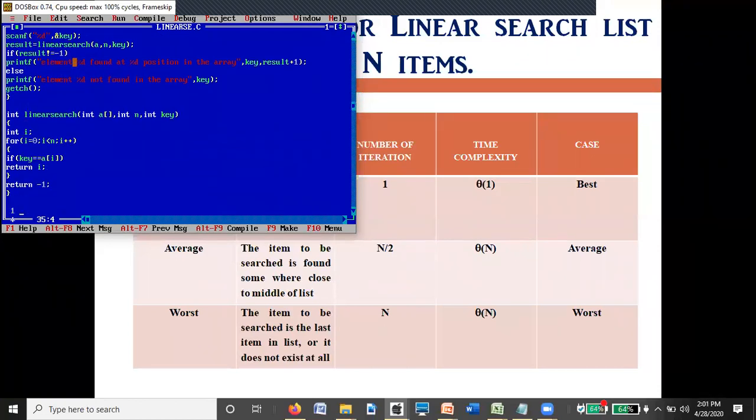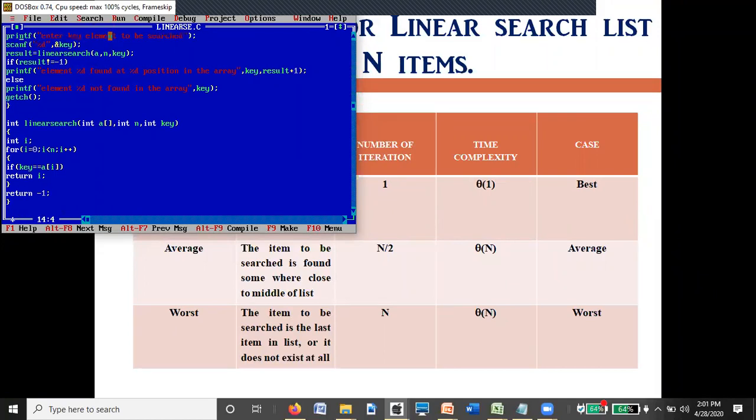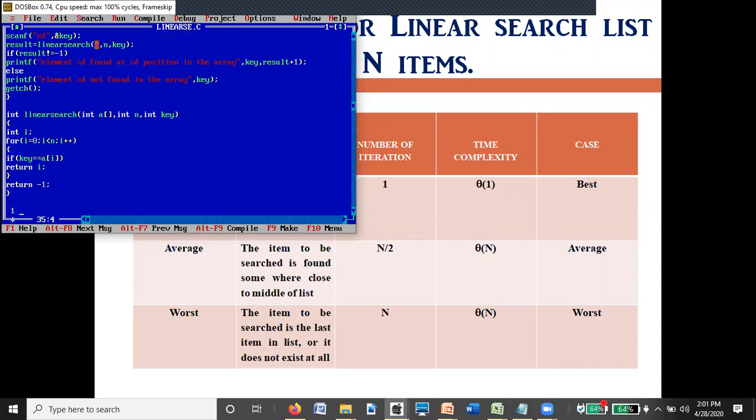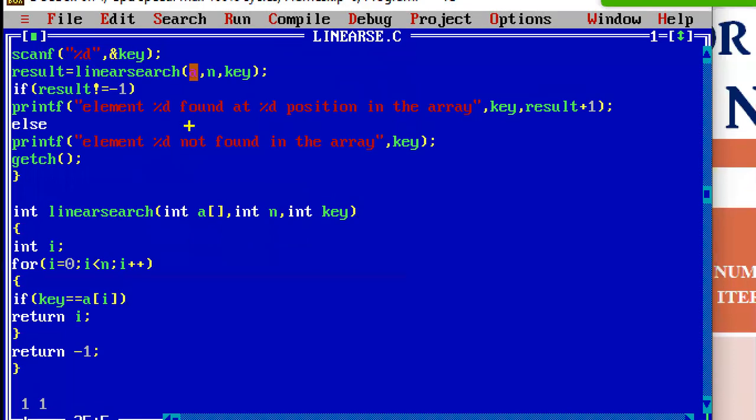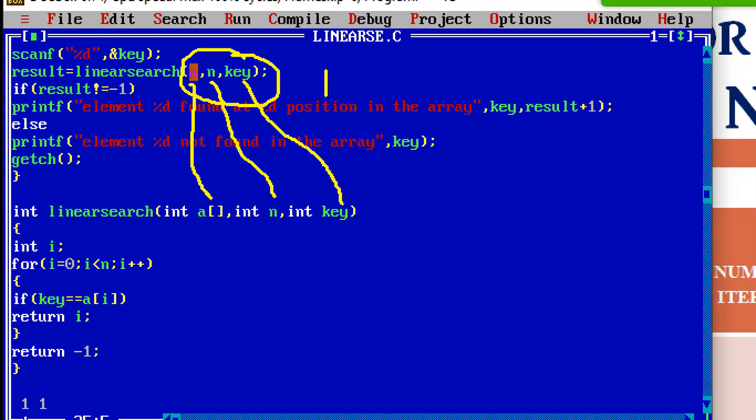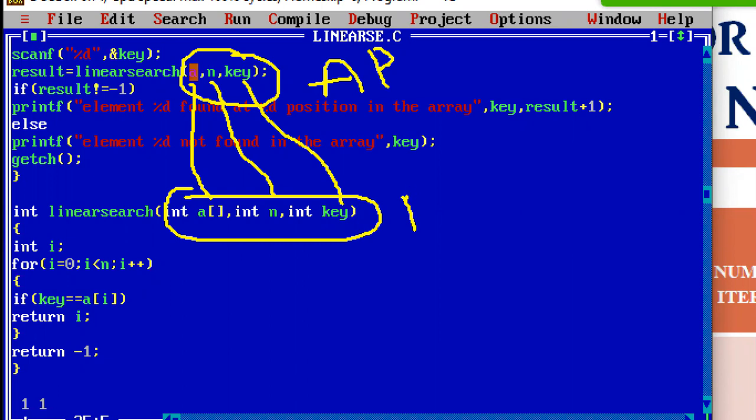So whatever values are passed from here, this a value will be assigned to this a, n value will be assigned to n, key value will be assigned to key. So in this case, these are actual parameters, and these are formal parameters.